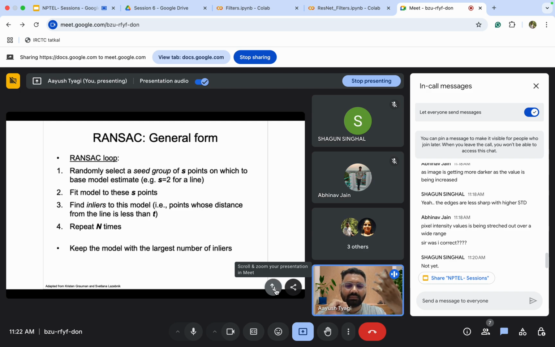So this is basically a learning problem. Earlier, what people used to do is, you have a set of sample points. You randomly select 2 points, which you call the seed group. Let's say you select s points, in this case s is 2, so you have selected 2 points. And let me just show you